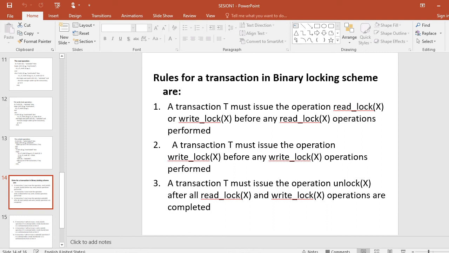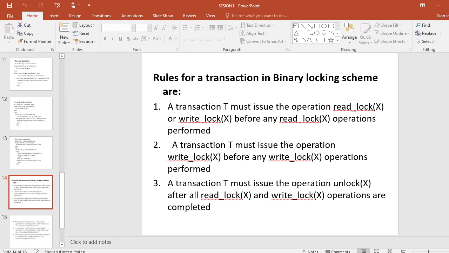A transaction T must issue the operation read lock x or write lock x before any read item x operation is performed in T. Number 2. A transaction T must issue the operation write lock of x before any write item x operation is performed in transaction T.